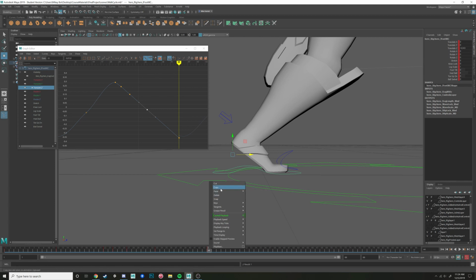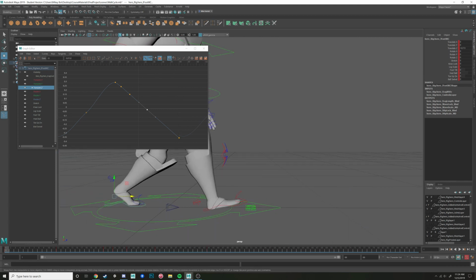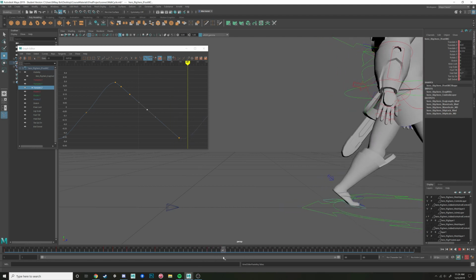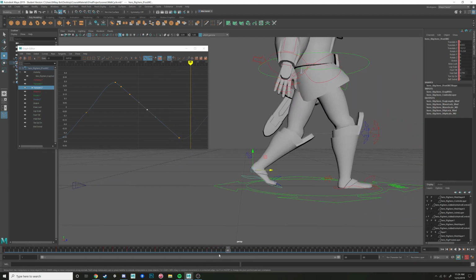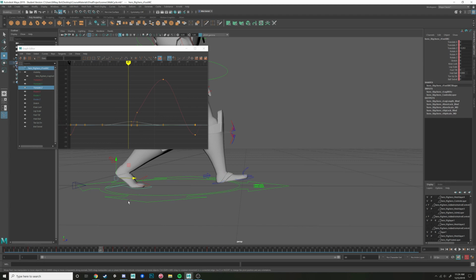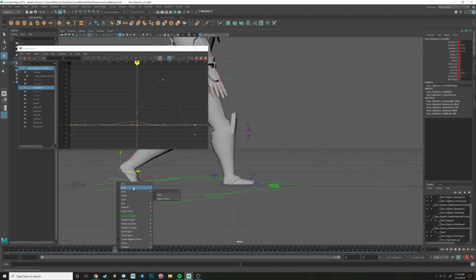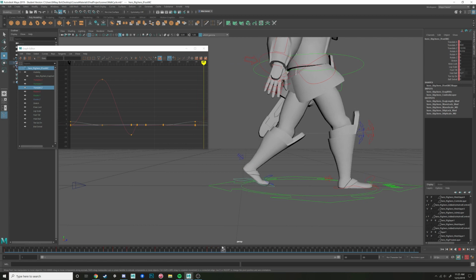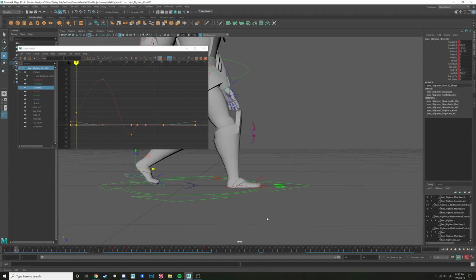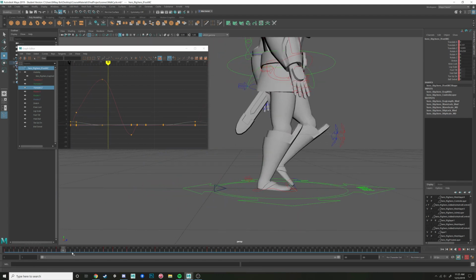Alright, copy, and then paste at the beginning. And then we need to control how it lifts out of that. And if I copy that pose right there, and that was 2 frames after that plant, so if I paste that in there, actually I'm going to paste it a little bit in right after that first step, because if I paste it